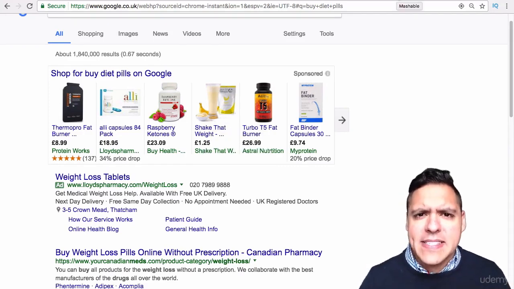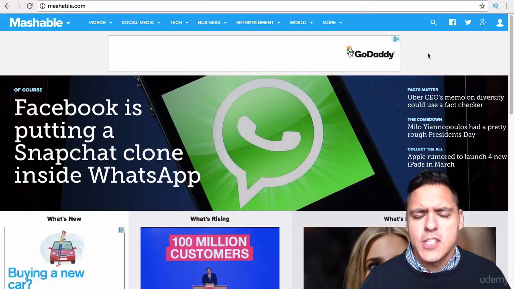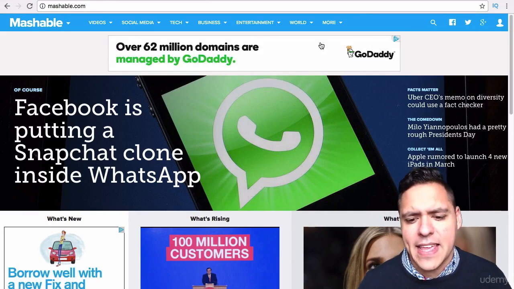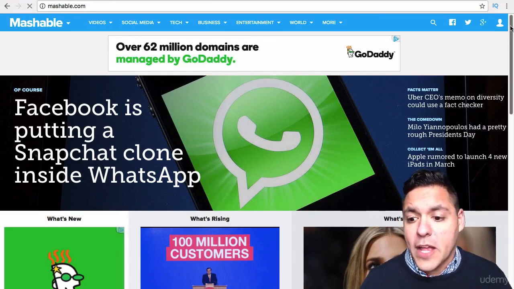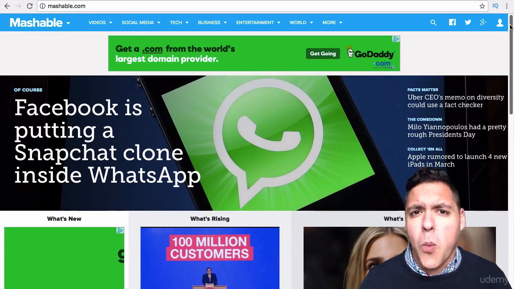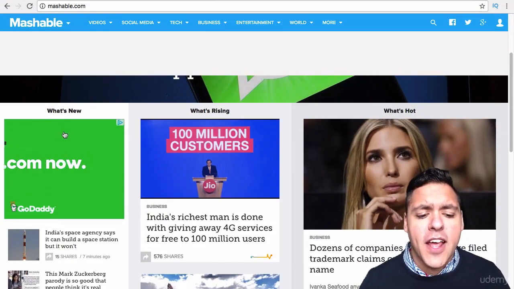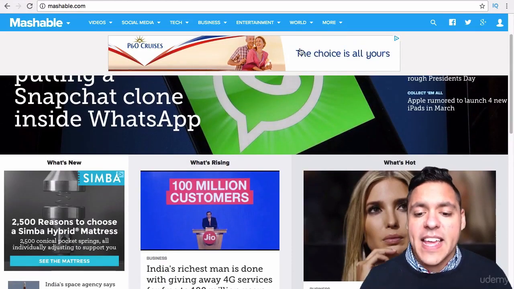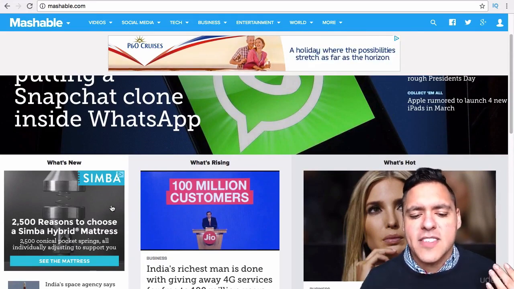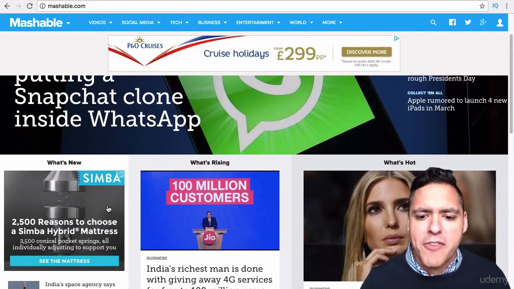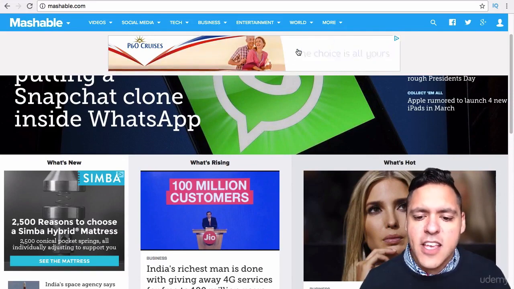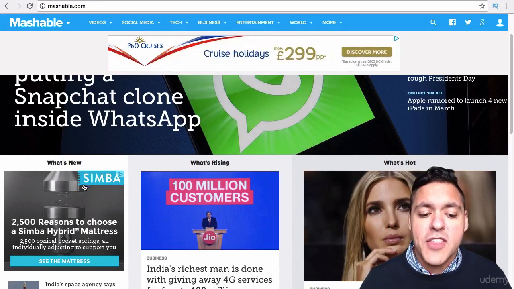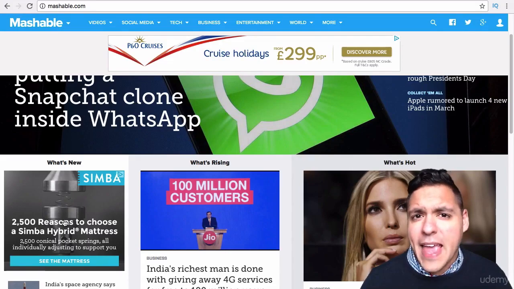Now, there are other ways in which Google ads display in front of you. So I've just gone to Mashable, for instance, and this is a Google ad for GoDaddy. So it's the first thing that you see when you go to Mashable, which is one of the biggest websites on the planet. And then they've also got another ad showing here just above the actual news items. Now, why are websites like this showing ads? The reason why is because they get a commission, a percentage of every sale made. So it's within their interests to monetize ads by displaying them, especially on a very popular website. So they are making money out of this from the actual advertiser.